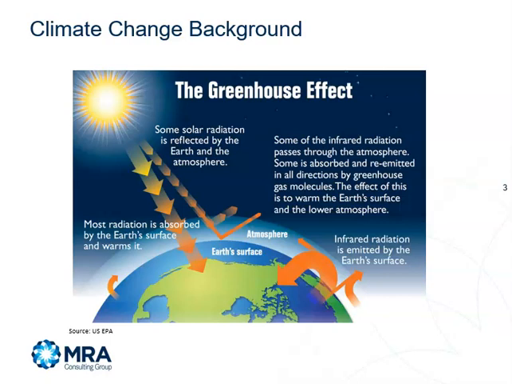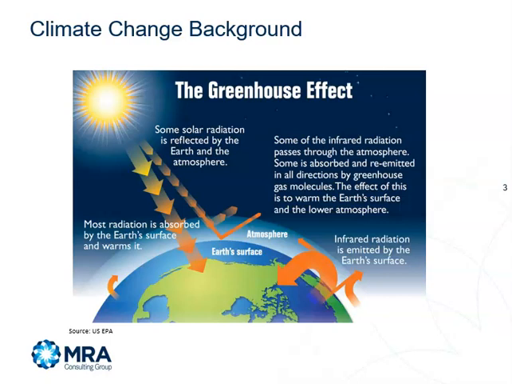Greenhouse gases include water vapor, carbon dioxide, methane, nitrous oxide, ozone, and some artificial chemicals such as chlorofluorocarbons, or CFCs. The absorbed energy warms the atmosphere and the surface of the Earth. This process maintains the Earth's temperature at around 33 degrees Celsius warmer than it would otherwise be, allowing life on